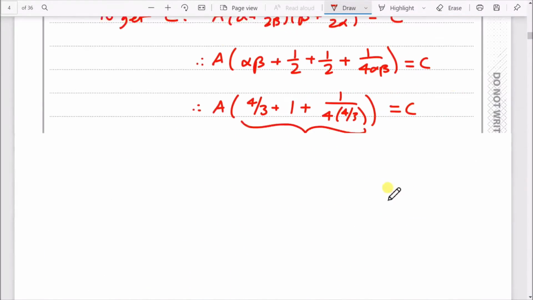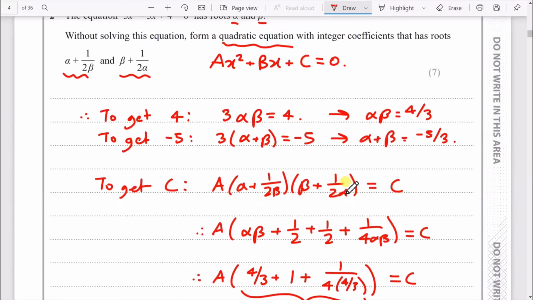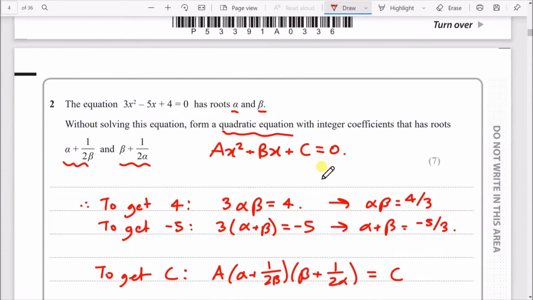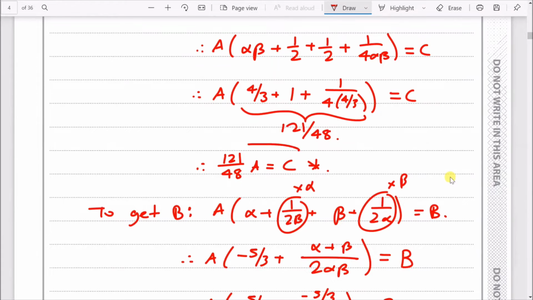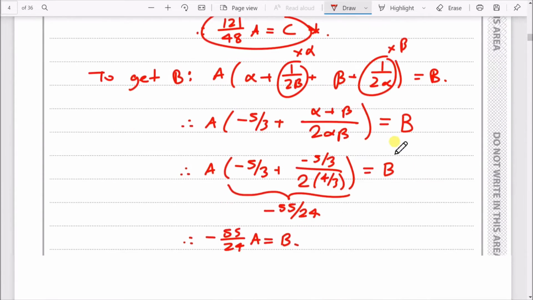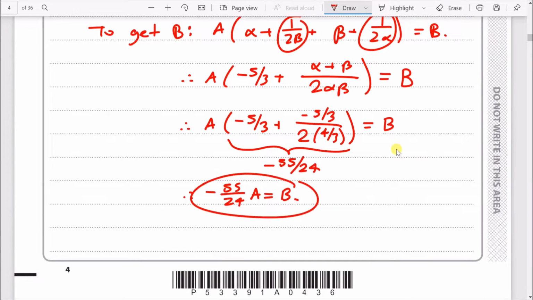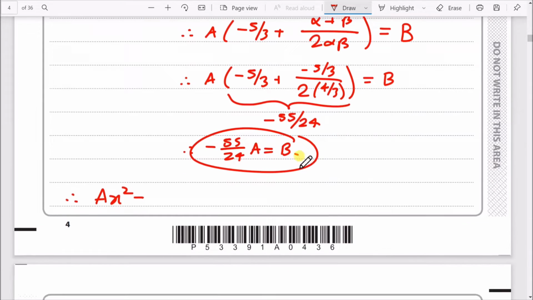Finally, guys, now we can wrap this up here. So we found our C, we found our B. We're gonna go ahead and update this quadratic equation now with our results. Just a quick key reminder, our C result was here. So C was 121 over 48A, and B was over here. That means our quadratic equation is now ax squared, well, not plus, it won't be bx, it'll be minus